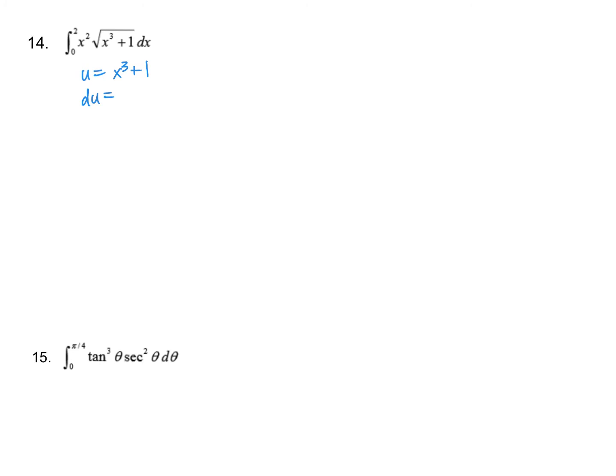Furthermore, the derivative, being 3x squared dx, has this x squared dx part in it. Look at this x squared dx. That's over here. So I'm going to multiply both sides by 1/3, and I have my x squared dx. This is fantastic, because I'm going to replace x squared dx with 1/3 du. All right, so this becomes the integral of the square root of u, and then x squared dx is replaced